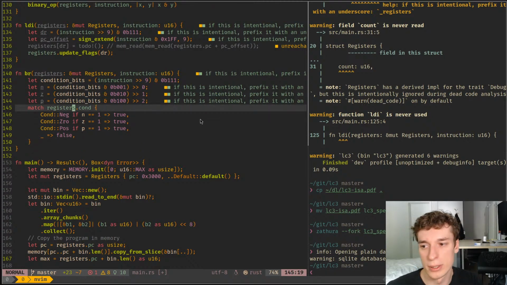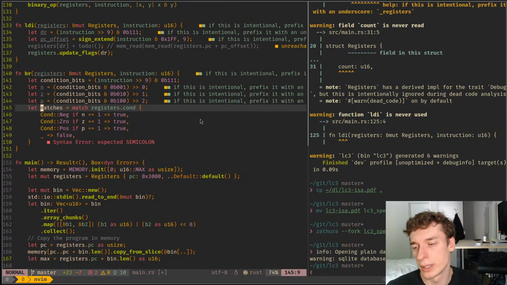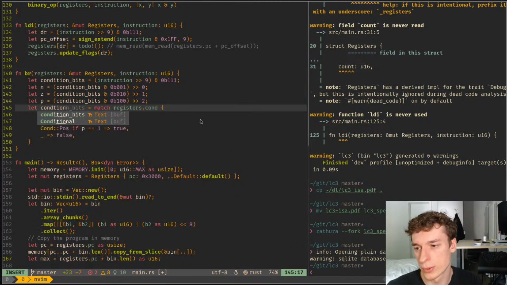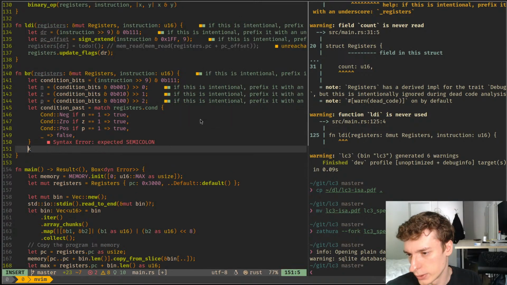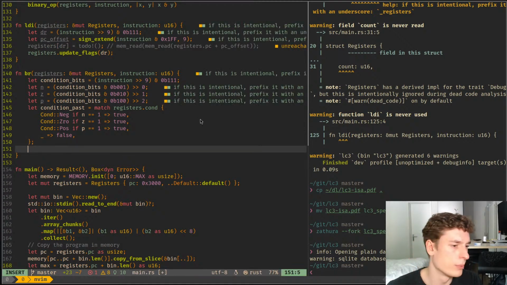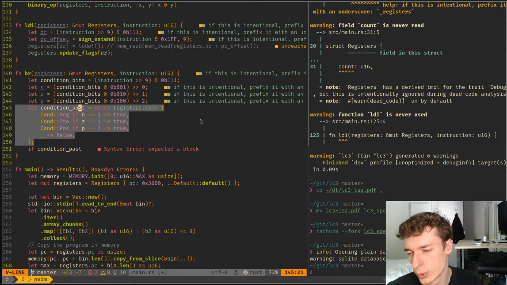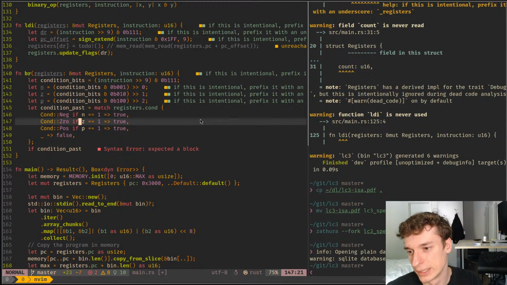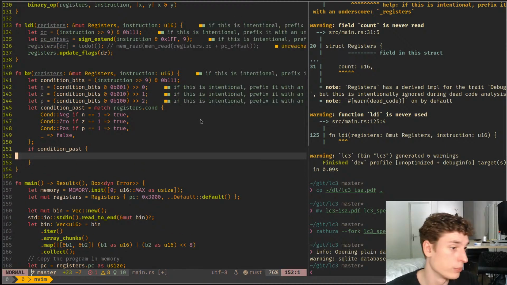It's quite fun. And we do let condition passed, yeah. And we do if condition. I should rewrite this. This is horrible. Yeah, whatever. If condition passed, then we do